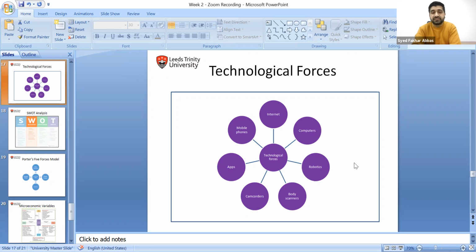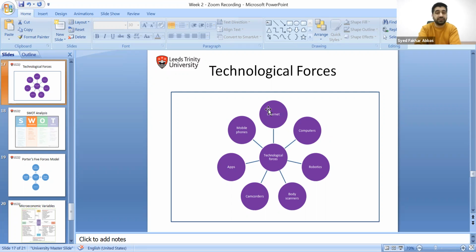Those impact businesses directly. We have seen an example of Amazon. They introduced a robot system recently. In their main warehouses, there is robot technology instead of human beings. The robots are just working and sorting different parcels now. Similarly, there are many companies that have used mobile apps. When you are sitting at home, you can order whatever you want to buy. You can simply place your order sitting at home.